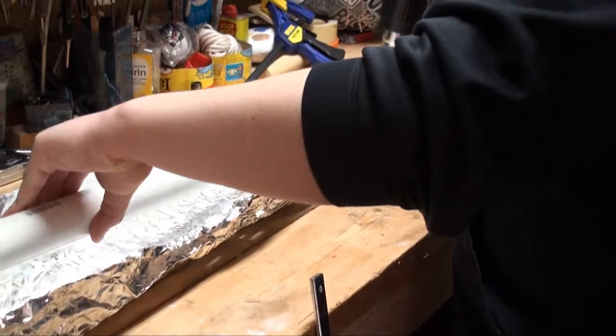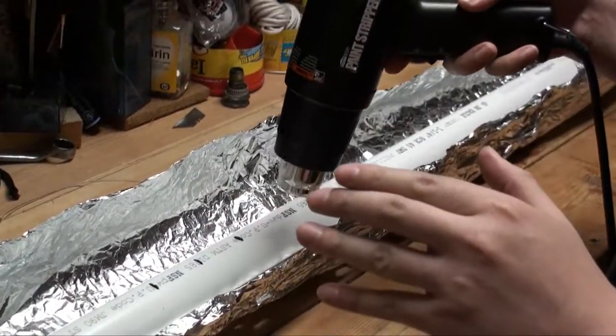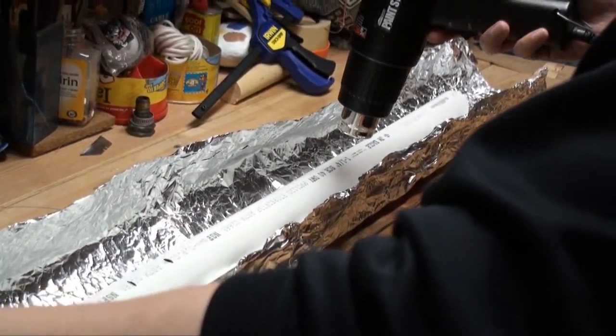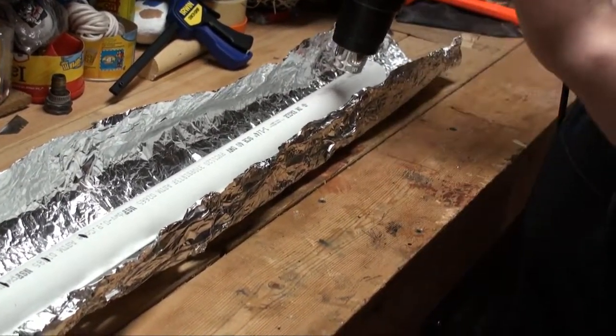So now you've probably reached this point where it's actually starting to get noodly and floppy like this. You're not ready yet. Keep going. I learned this the hard way. Basically, you'll say it's starting to get noodly. It's probably able to be squished down now. It's not. It's still pretty solid in the center,